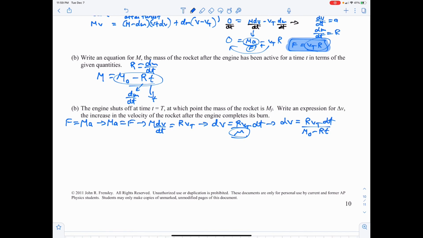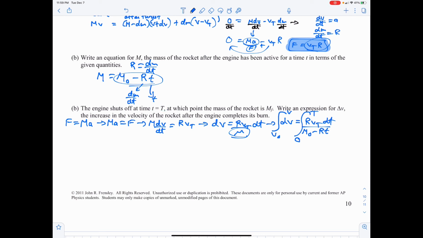Now, in order to solve this, I've created a differential equation for velocity as a function of time. To solve that differential equation, I need to take the opposite of a derivative, which is to integrate, and I must integrate both sides. So I'm going to integrate with respect to v on this side, from v naught to v, and this side from 0 to t,